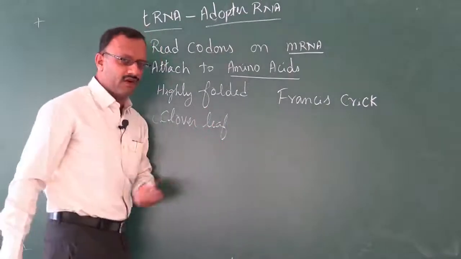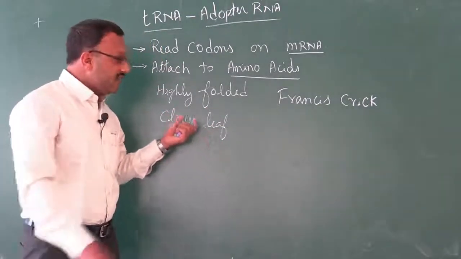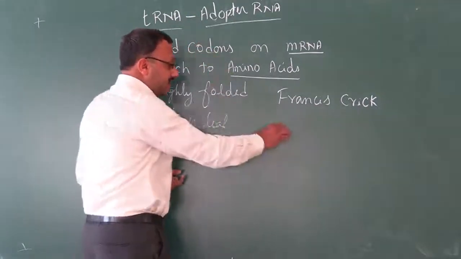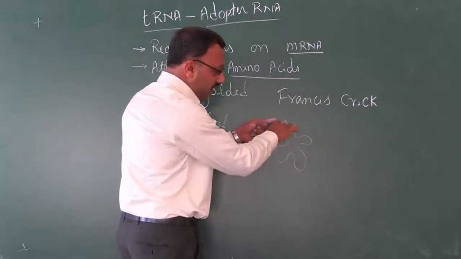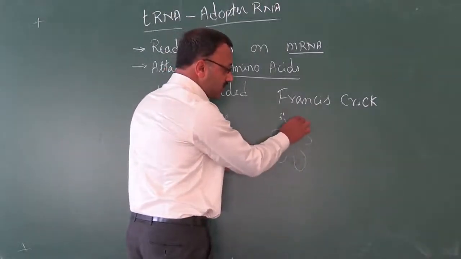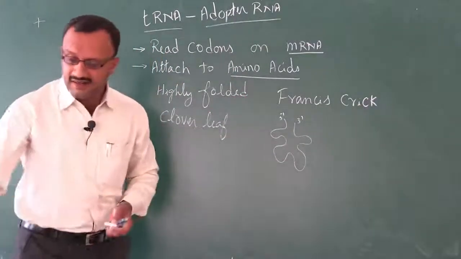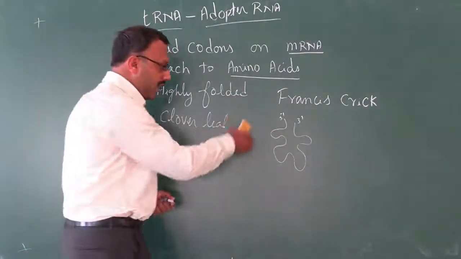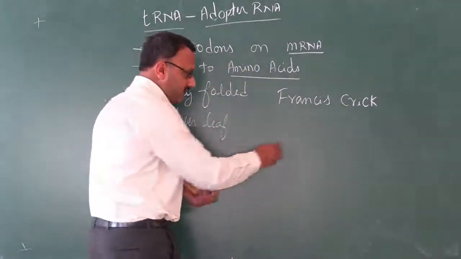There is one leaf called clover leaf. So here the tRNA resembles a clover leaf, where RNA is highly folded. As a result, the two ends are coming closer to each other. So Francis Crick has explained the clover leaf model of tRNA, in which tRNA